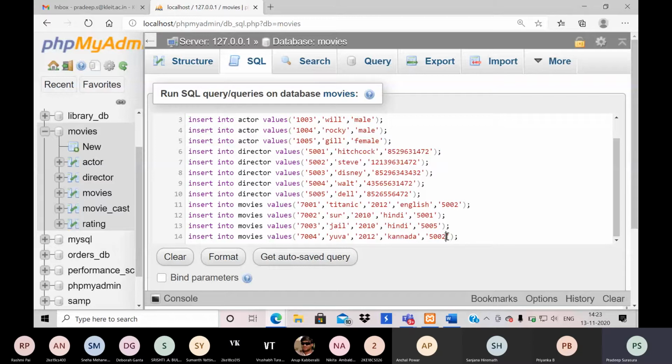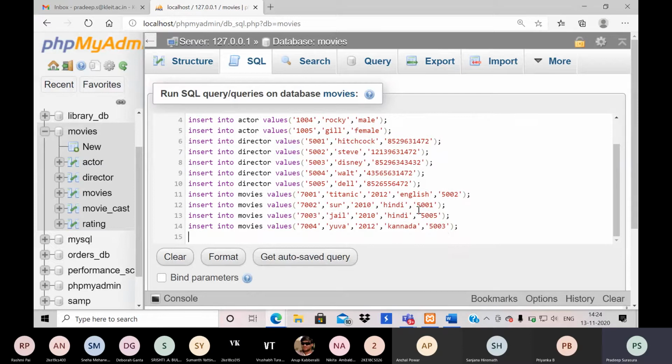So I will write this as some other language, all right? So this is 5003. So 7005, the value will be something like some 2015, maybe English. 5004.